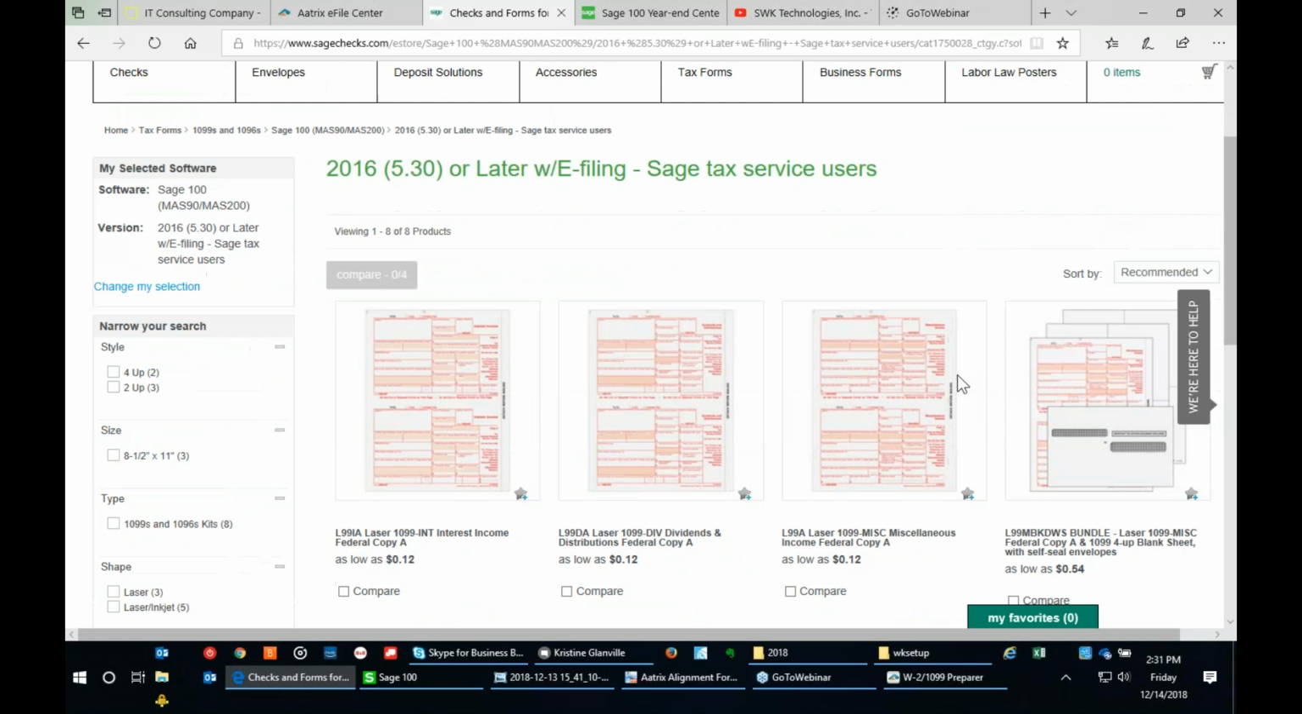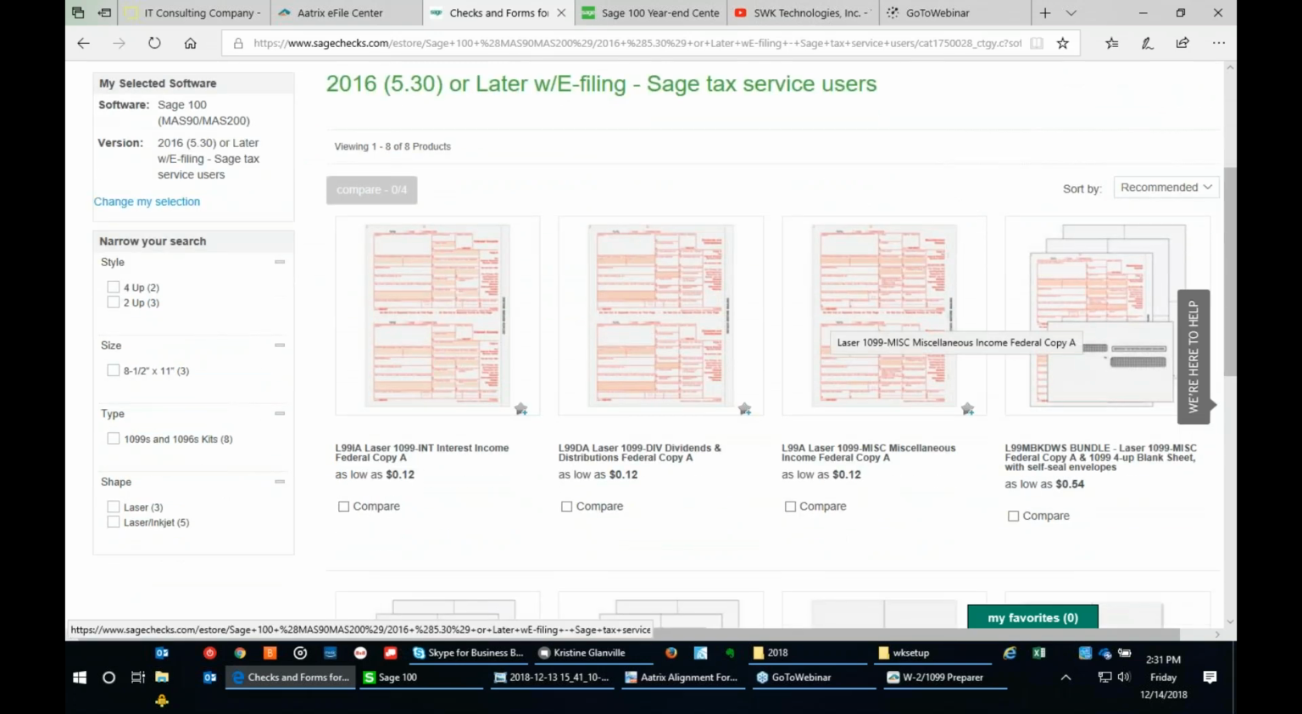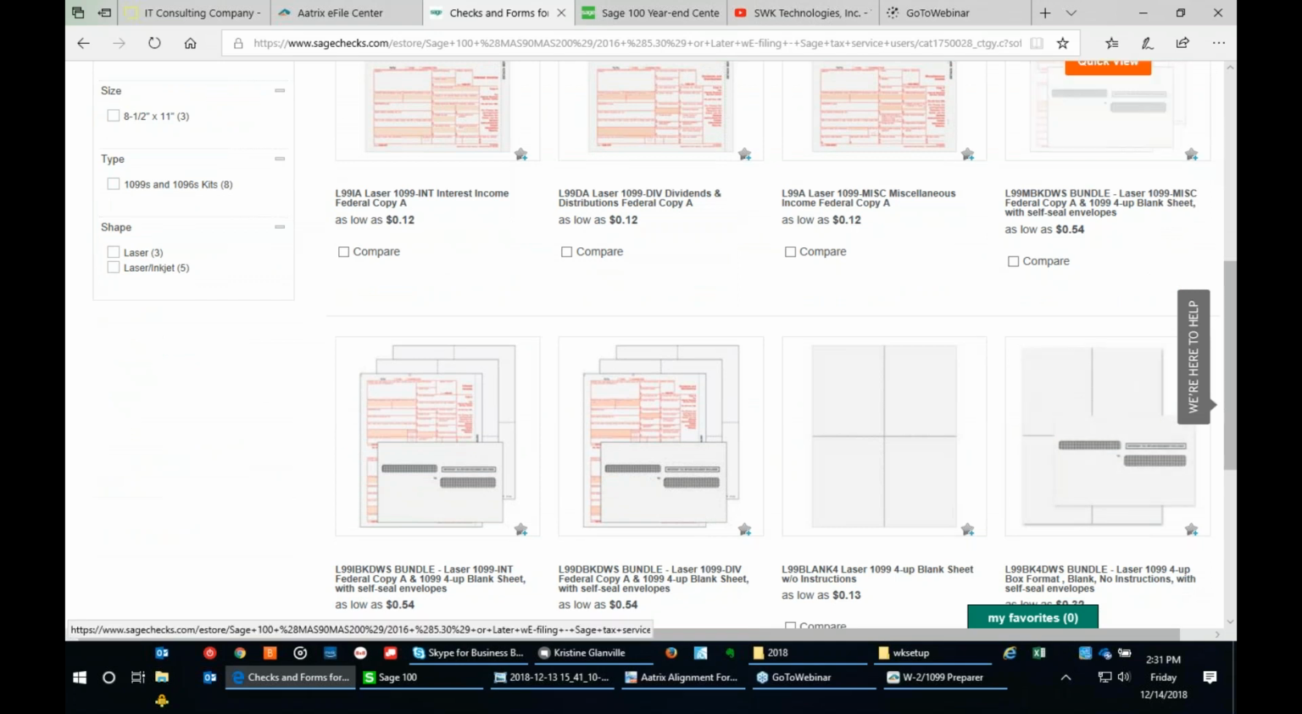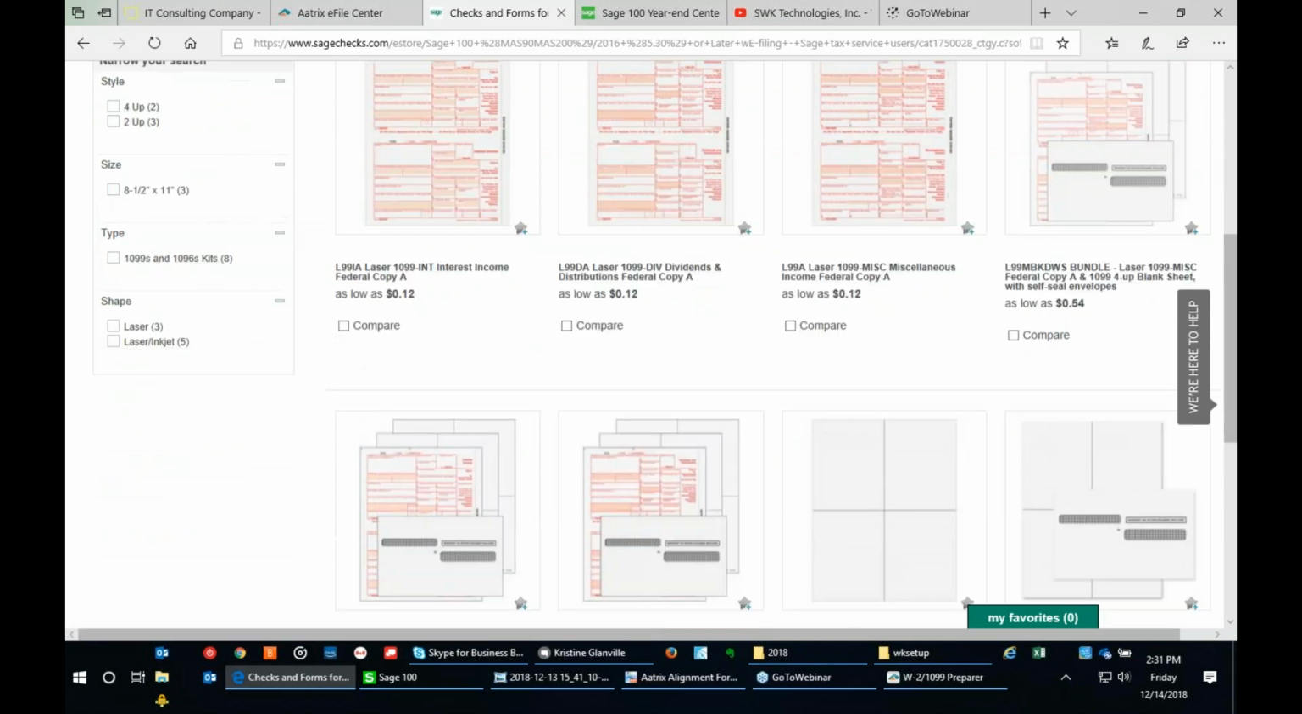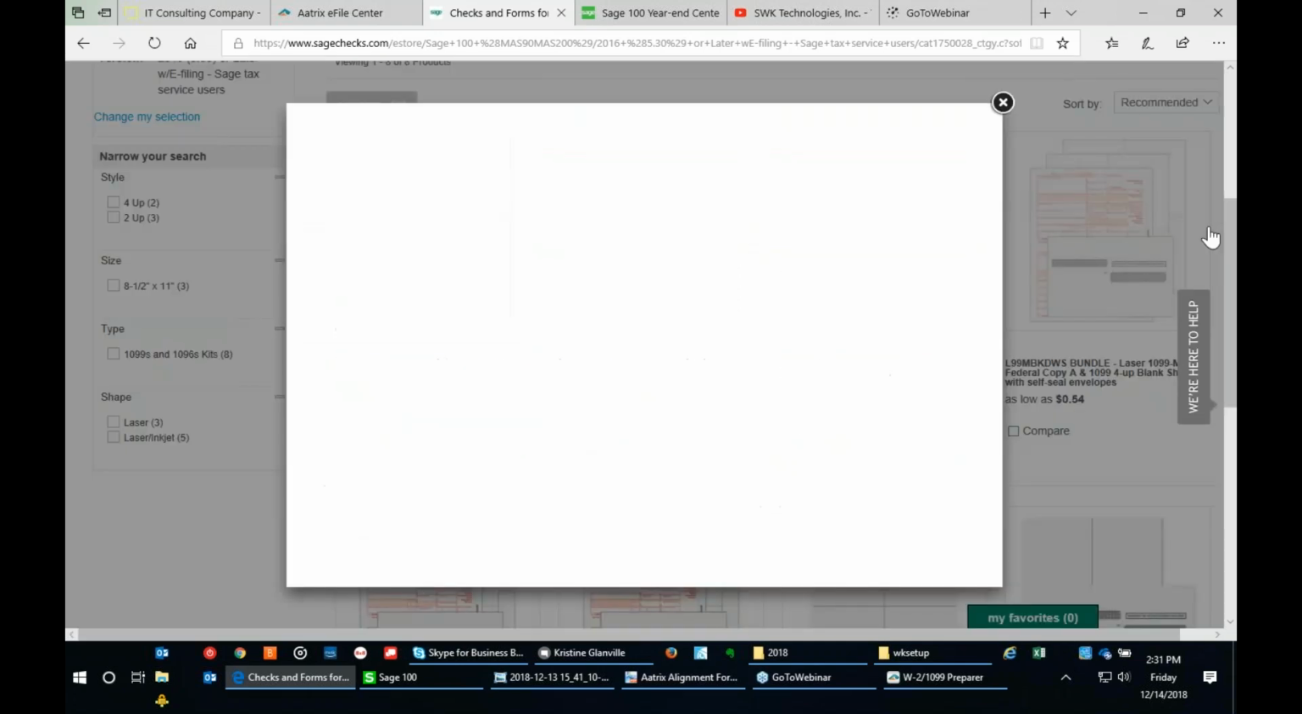And then it takes us to this window here. Depending on your company's needs and what options you're going to be choosing, because maybe you're going to have Atrix handle some of the printing, but not all of it, you can pick the different forms here. They usually have one bundle that has everything all together. So this bundle here